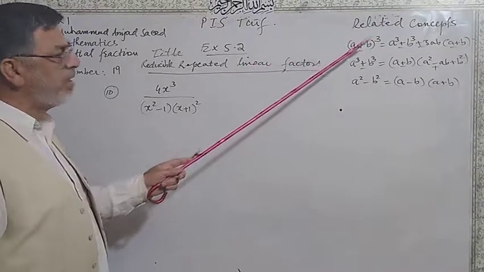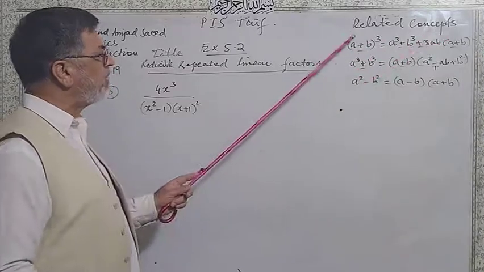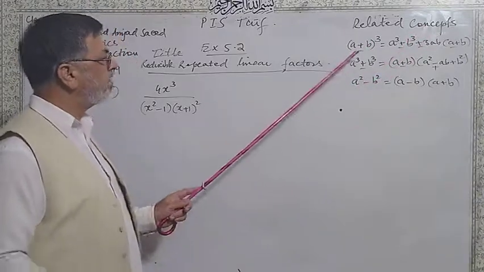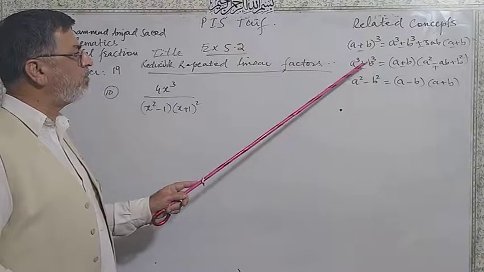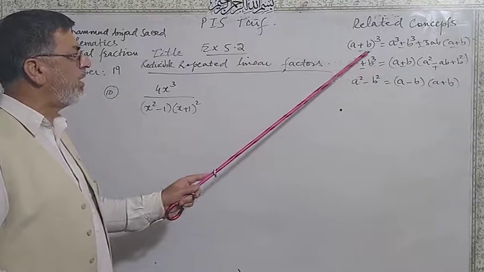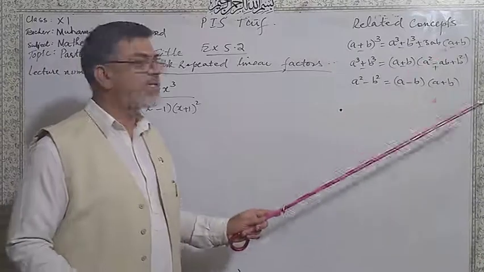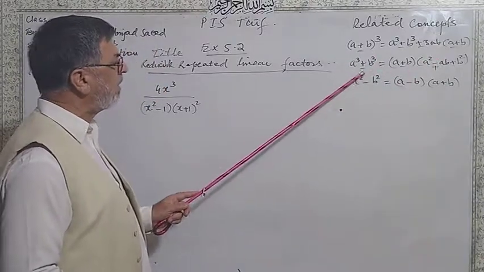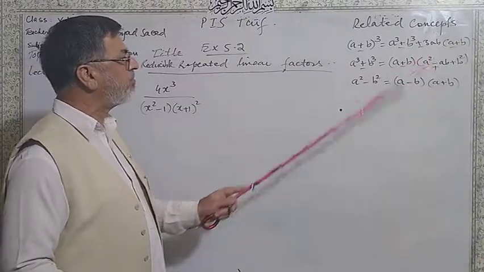First of all, (a plus b) whole cube is a cube plus b cube plus 3ab into (a plus b). If there is a negative sign, you will write down all negative signs here. Similarly, this was whole cube, and here is a cube plus b cube. They are the separate cubes. So you may write down this formula: a plus b, remove this 3 and 3, (a plus b) into (a square minus ab plus b square). If you replace this positive sign with negative, the small bracket will have a negative sign, and the bigger bracket will have a positive sign.